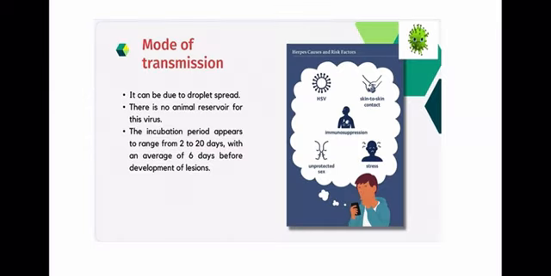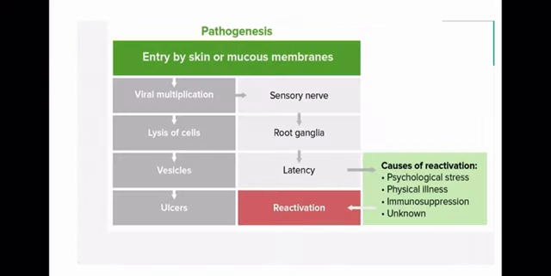The mode of transmission of HSV could be droplet spread, skin-to-skin contact, immunosuppression, unprotected sex. The incubation period ranges from 2 to 20 days with an average of 6 days before development of lesions. Now, let's see about the pathogenesis. The virus enters either by skin or mucous membrane, which results in viral multiplication, causes lysis of cells, and vesicle formation,